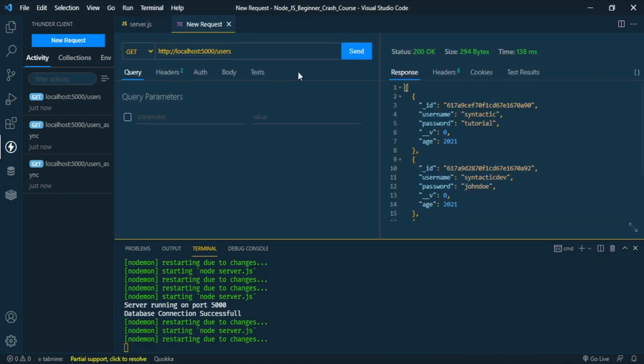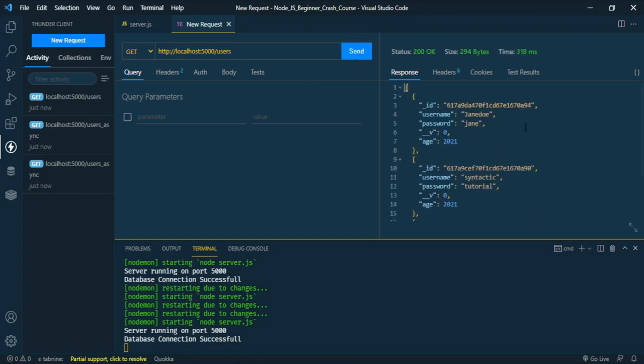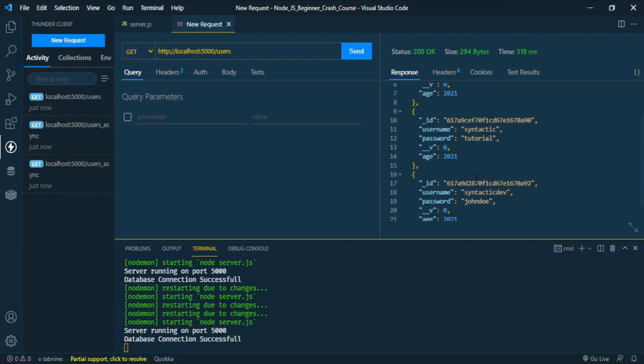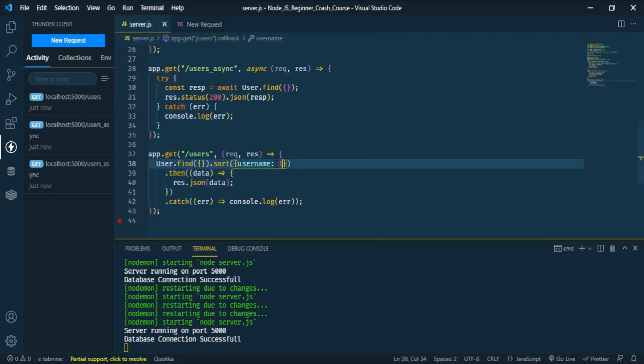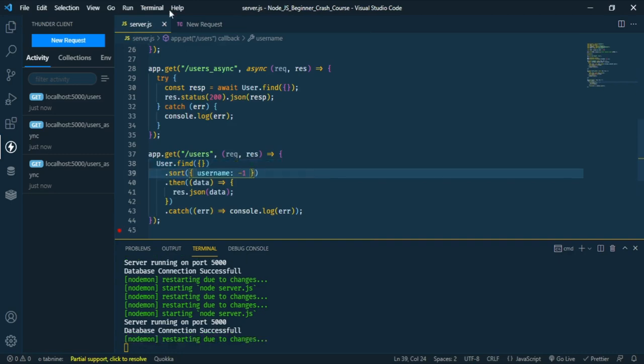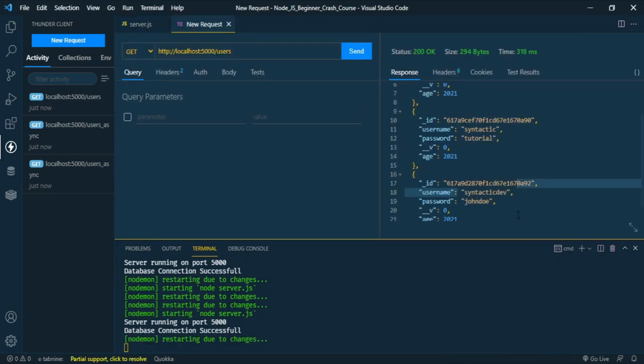And right here, go back and notice the username at the top when I'm sending the new request, and send again, and I can see right here JDo is the one at the top, while syntactic dev is the last part. And that is how to align it. And if you want to order it in a descending order, you just have to put -1 and save. So in a descending order,